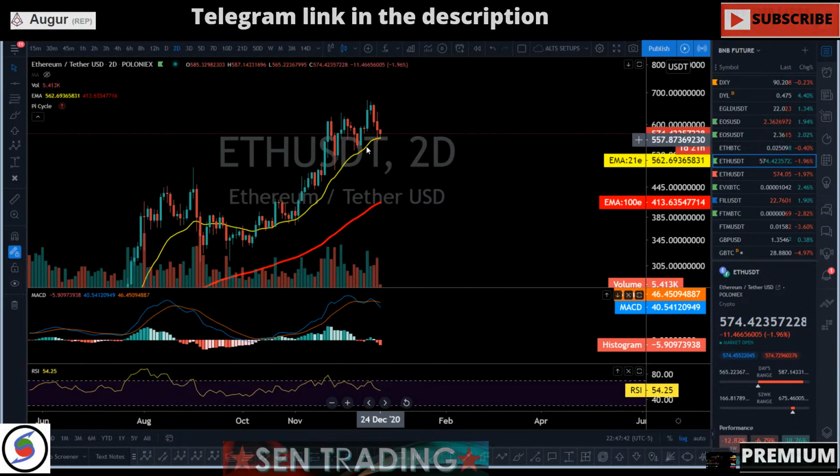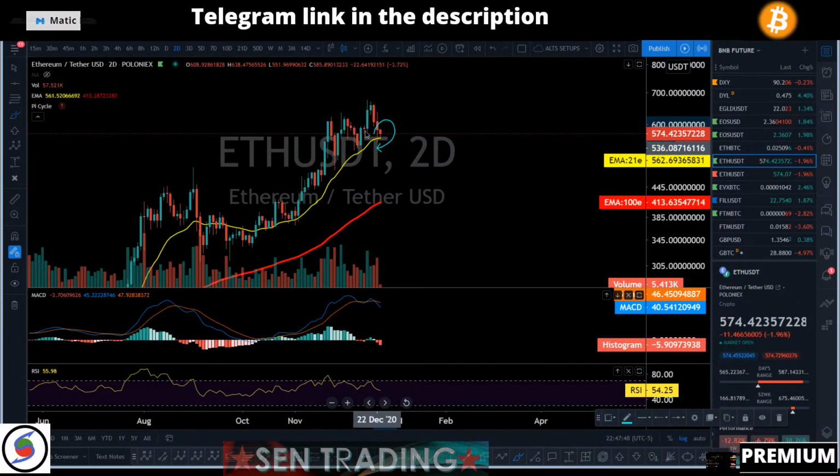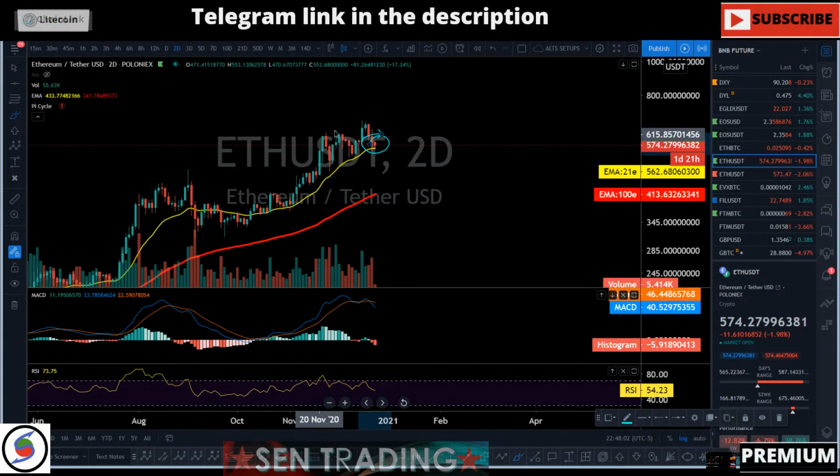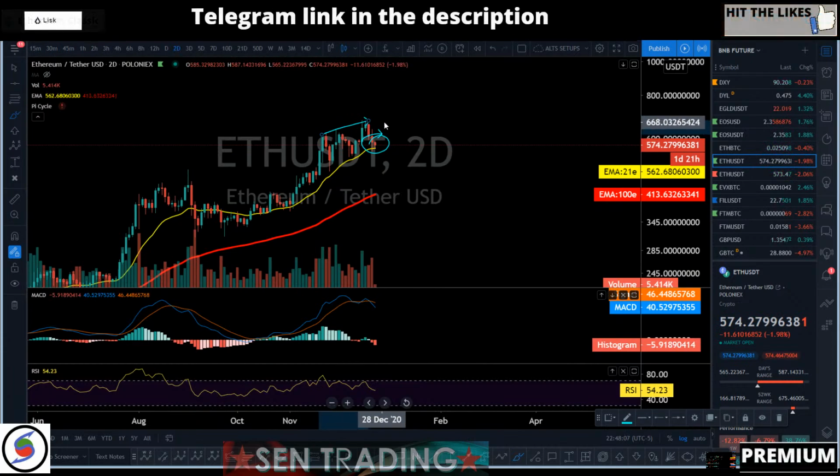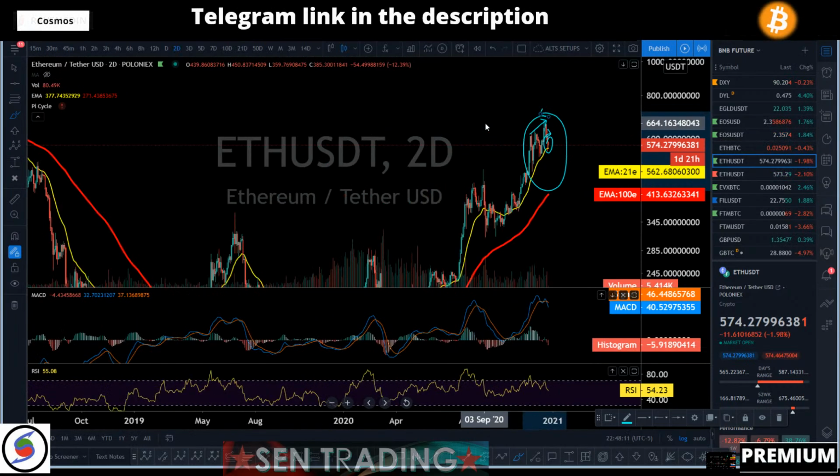Now we are holding very strongly at the 21 EMA. That's what we're waiting for BTC to do, break below the 21 EMA. So Ether breaking below the 21 EMA could trigger more selling pressure to the downside. And this area of about 620 to 675 is going to be the new resistance before $800.